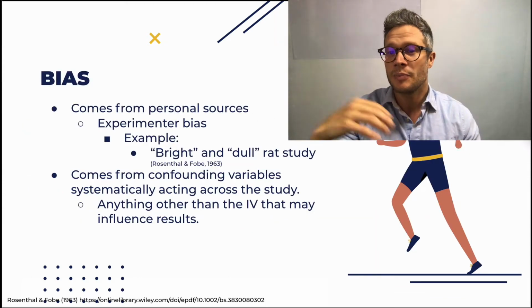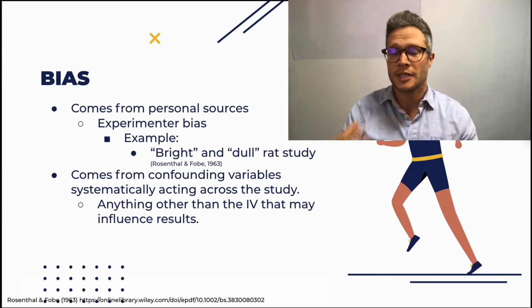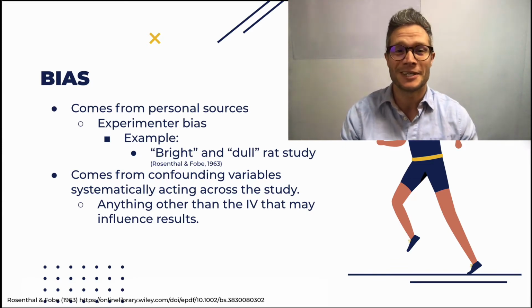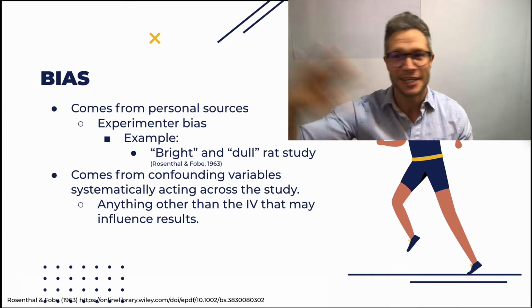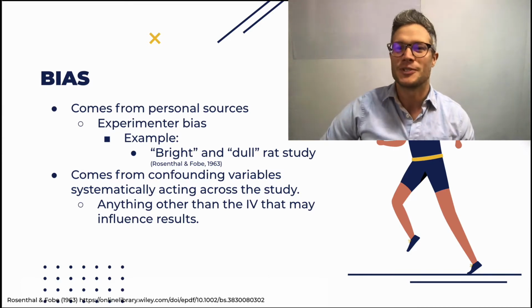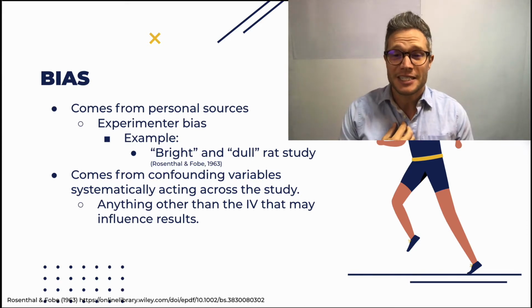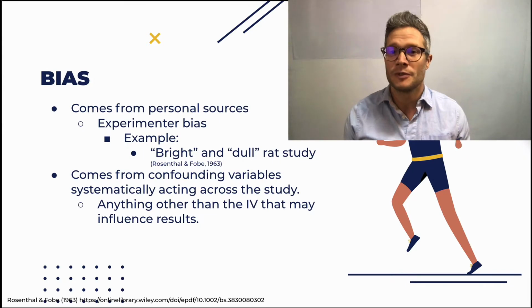So bias can come from two places. One can come from myself, the experimenter. You could tell how excited I was that this 8-week program was going to just make people super fast, which I get excited about. So that's my bias. And an example of how this can influence people is a very classic study on